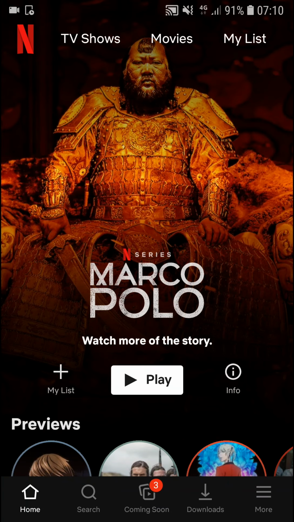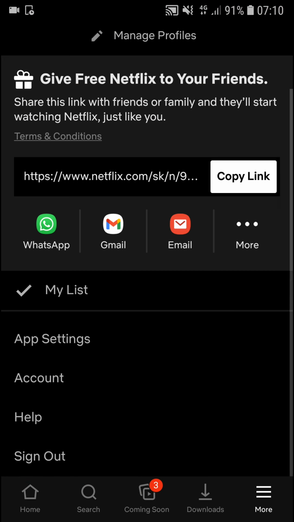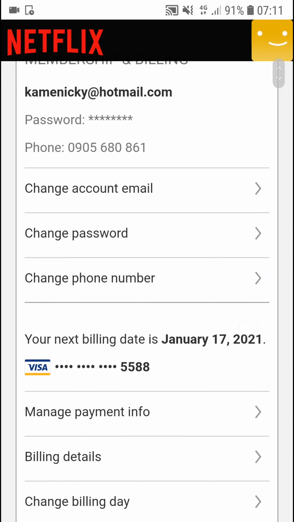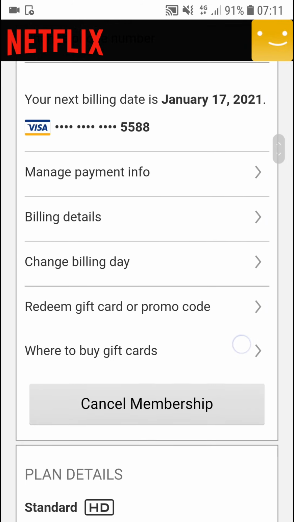So let's start. When you're on your application on Netflix, go to the right bottom corner to More, and right here scroll down below and click on Account. When you click on Account, you will get to Membership and Billing, and right here you're going to see Cancel Membership. Click on it,